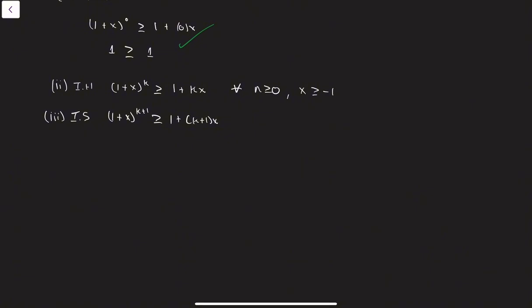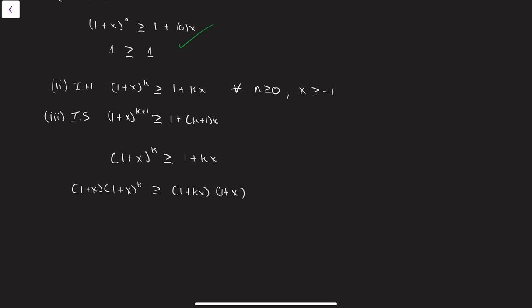Perfect. So we're going to work with our induction hypothesis to start. Let's write that out. Not k. That will be (1 + x)^k greater than or equal to 1 + kx. So what we'll do, and it might seem arbitrary at first, is multiply both sides by 1 plus x. So we'll go 1 plus x, and we'll have (1 + x)^k greater than or equal to (1 + kx)